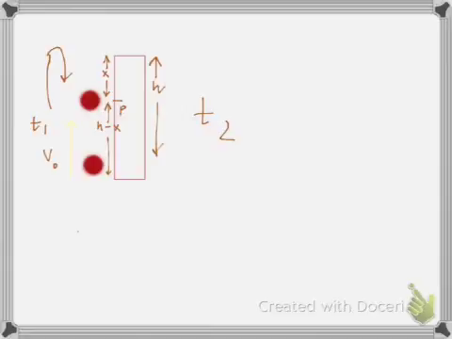We are only given the velocity v0. So first we apply the same equation that we were applying, that is h minus x. So what we do, we write that equation, s is equal to ut plus half at square. So h minus x is equal to v0 into t.